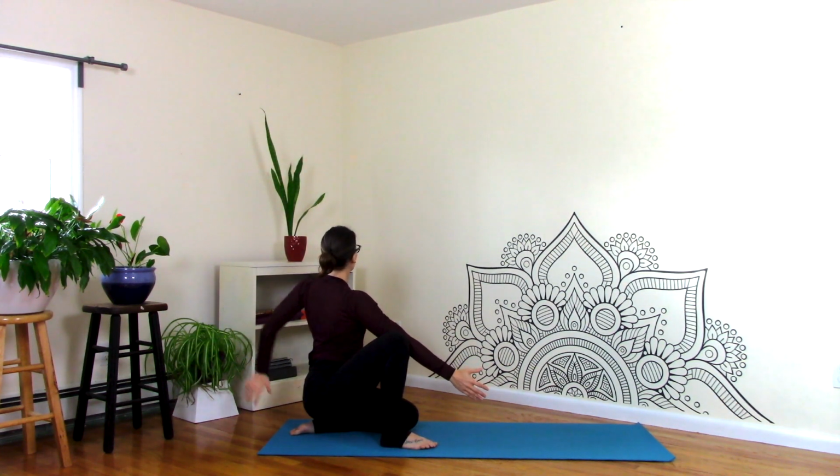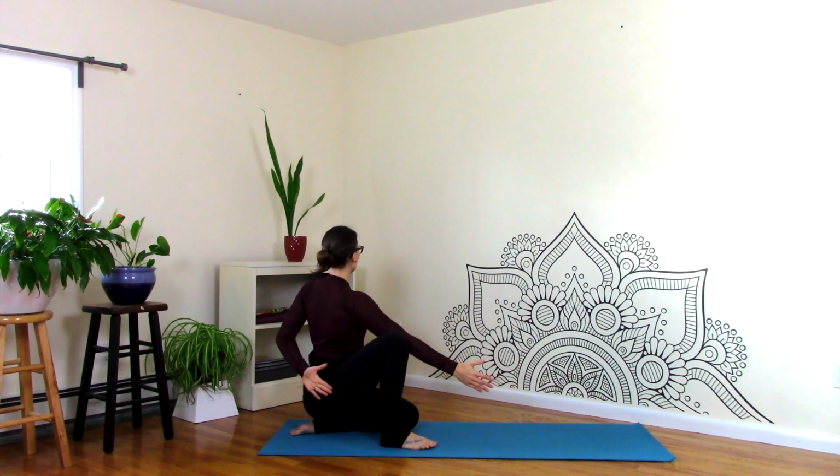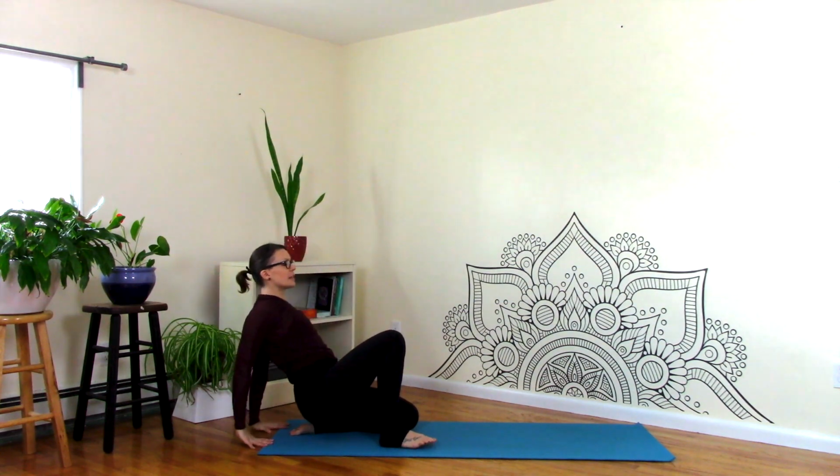This arm, feel free to wrap it around your low back. Just make sure the knee isn't pushing the arm towards the left. Keep that energy present at the connection point. Inhale yourself to face forward, and now we're going to drop the hands behind you with your fingertips facing in,